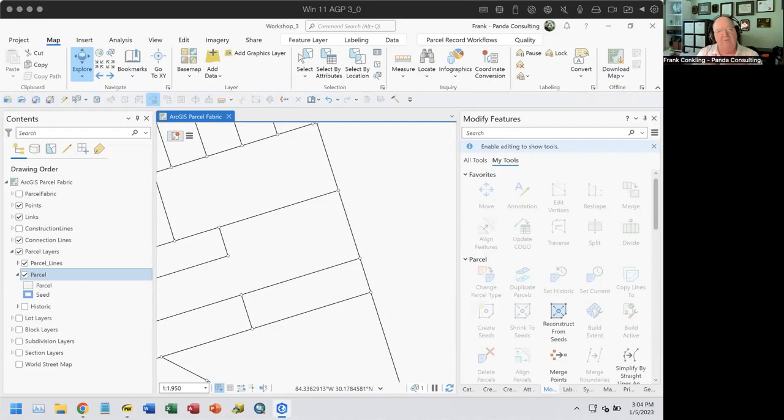Let's start with one. We said that Arcade can be used a couple of different ways. It can be used for labeling, for calculating fields, in attribute rules, and in pop-ups. It can be used all across Esri's technology stack, in ArcGIS Online and ArcGIS Pro. You can use it all over the place. We're going to look at a couple of different places. The first one is going to be